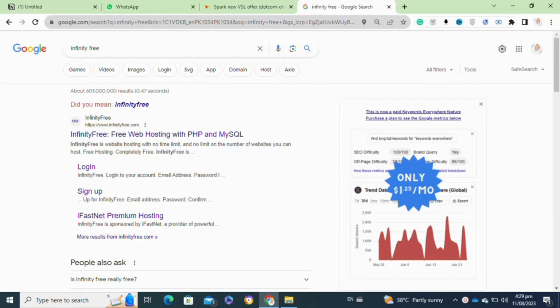Here's how to host your website with Infinity Free for free. It's actually quite easy to do, so make sure you watch to the very end and don't skip any important steps. For this, first you will need to go to your Chrome browser and then search for the Infinity Free